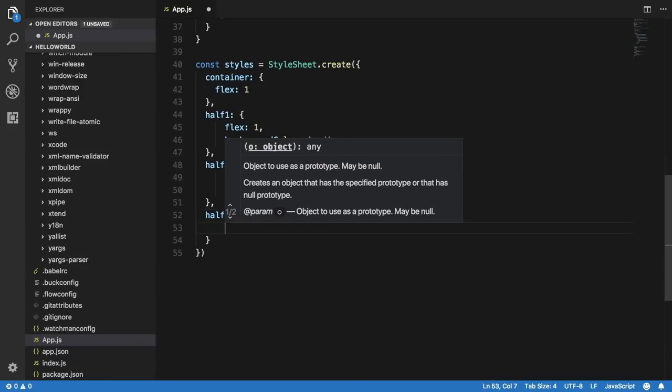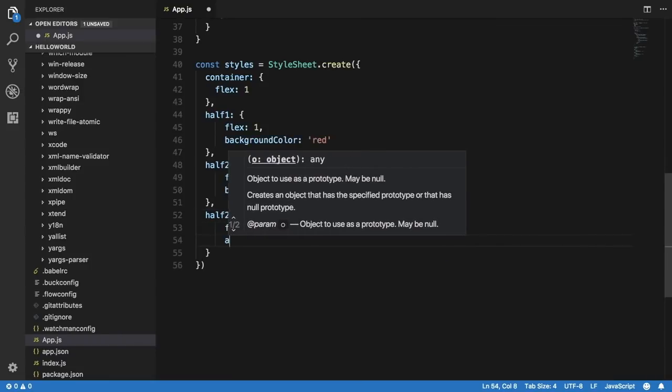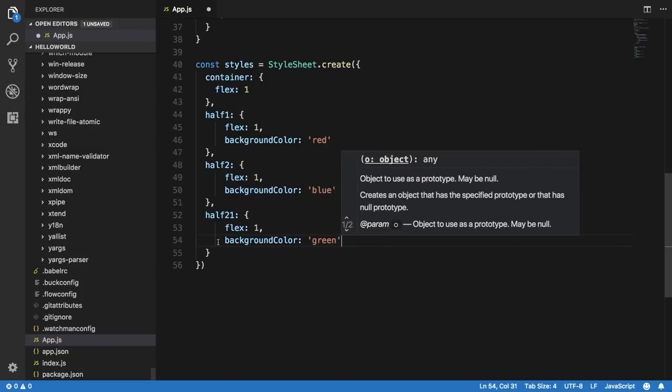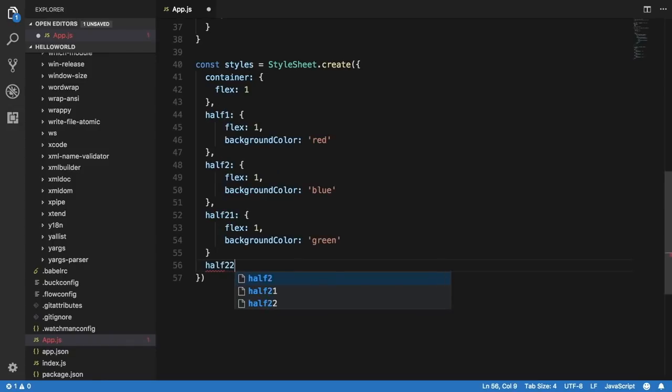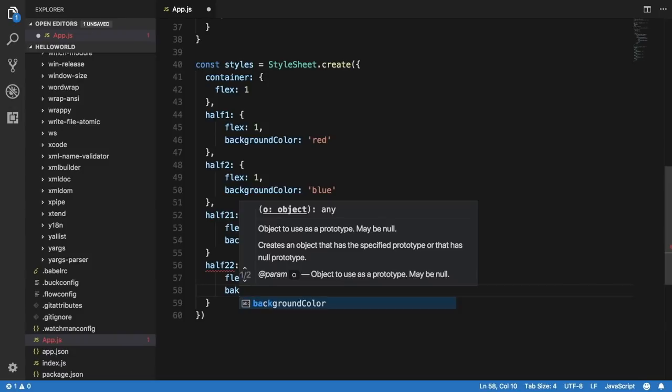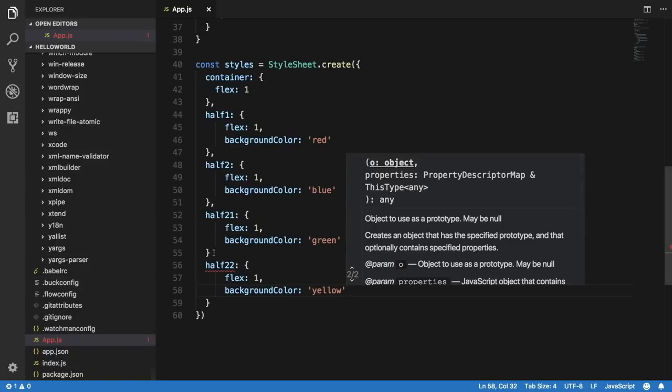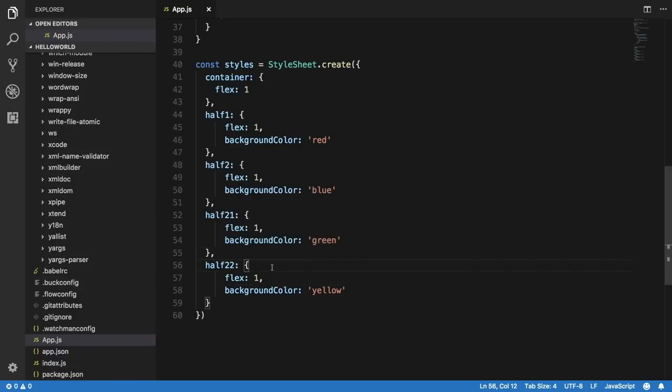It has a, let's just say flex of 1 again, and background color of, let's just say green, and half2_2 is also flex of 1 and background color is yellow, right? Let me just get a comma here, and now